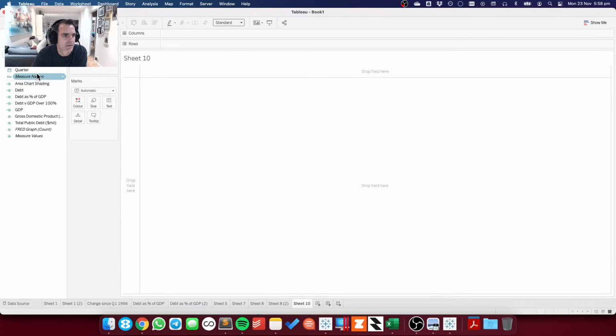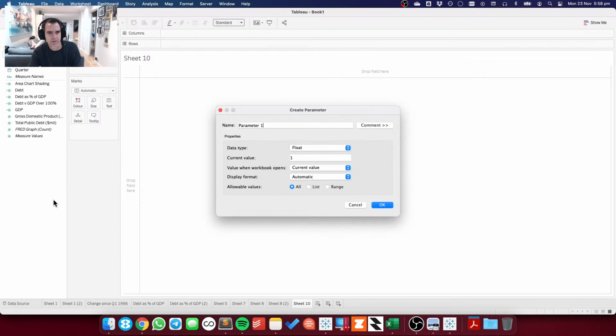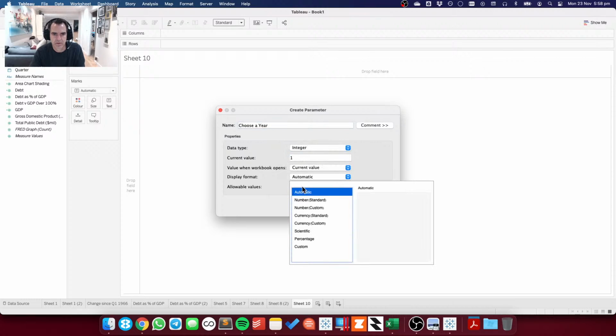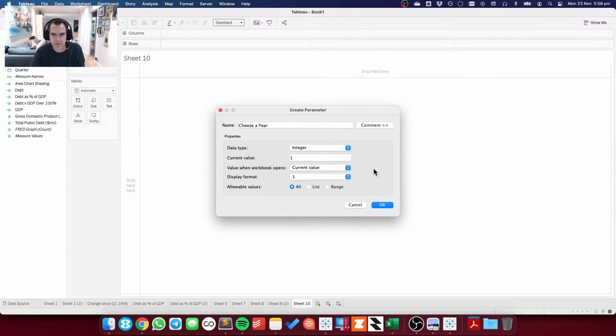We could look at, maybe we allow the user to, let's see, maybe compare 2 years. So no, that's not going to be very, we could do it anyway. So choose a year, and let's make an integer display format. And let's say they start with, I don't know, 1980.